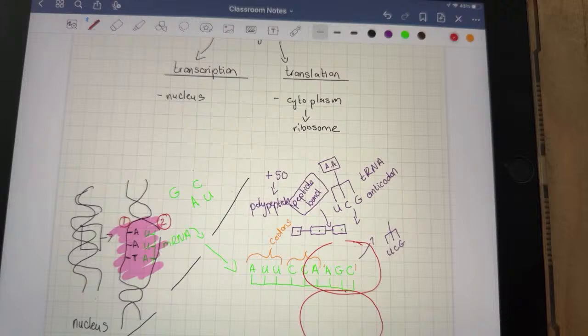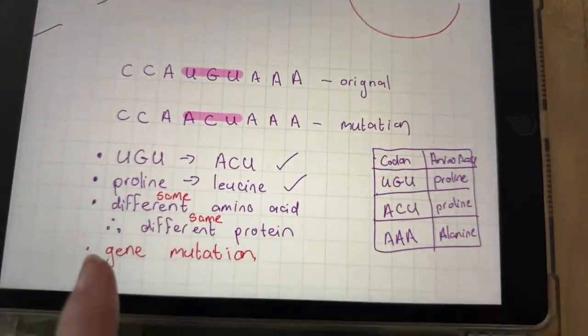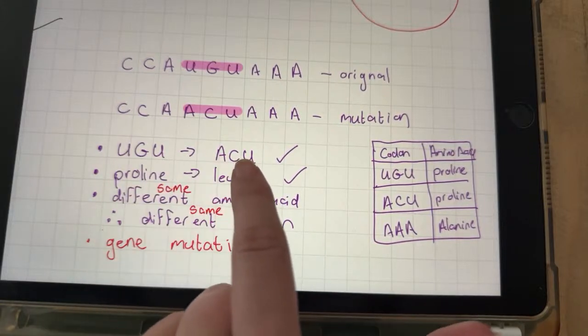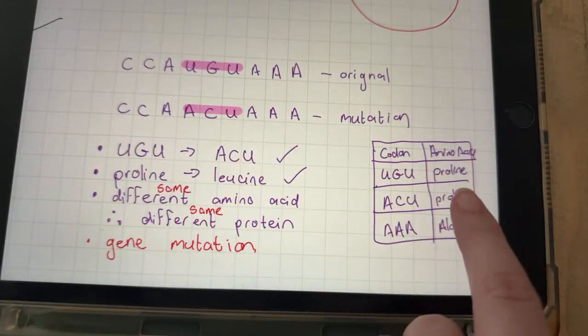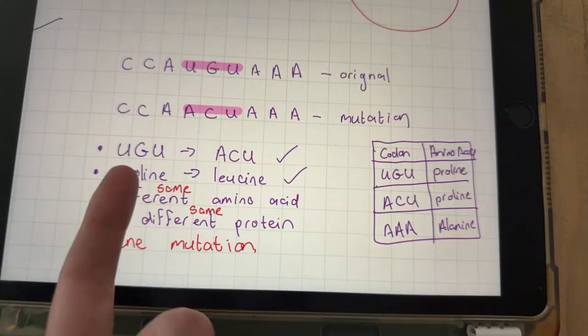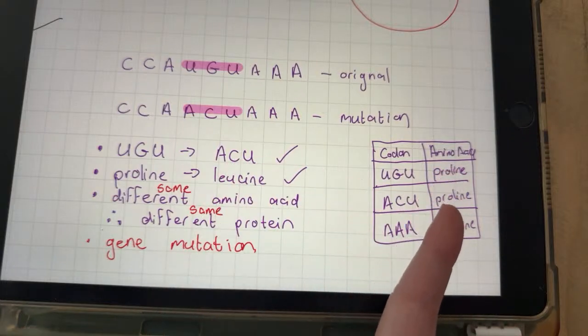Okay, somebody asked here, why when a mutation occurs, does the protein chain not change? Okay, so I think I've answered your question here, but I'm just going to make sure that everyone heard me say it. You can have different codons, but they end up coding for the same amino acid, even if a mutation occurred. So even though the letters changed, you must double check that they actually code for a different